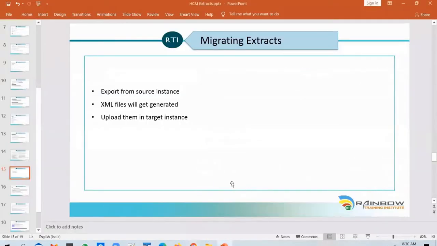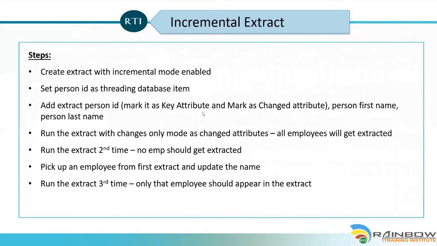Okay. And before I open up the session for questions, I will quickly show you how to build an incremental extract. As I mentioned, the way an incremental extract works is it will only pull the changes or the updates that are done after the previous successful run. So we are going to create an incremental extract now. There are 2 or 3 checkpoints that you need to take care of, and after that, we'll run the extract.